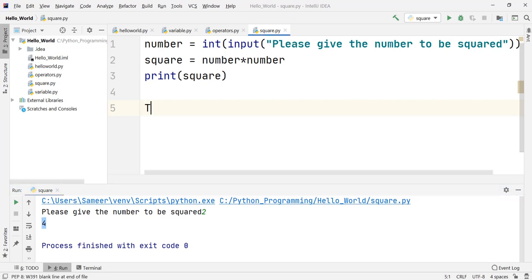So this is what I want the output window to look like. This is what I want to show on the output screen.